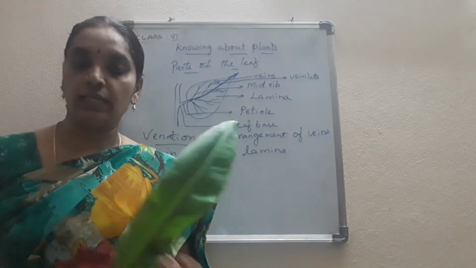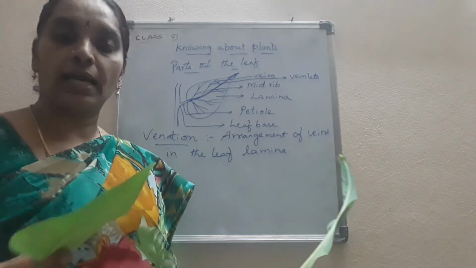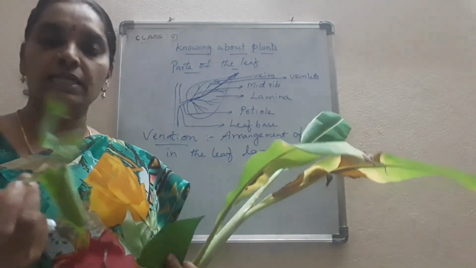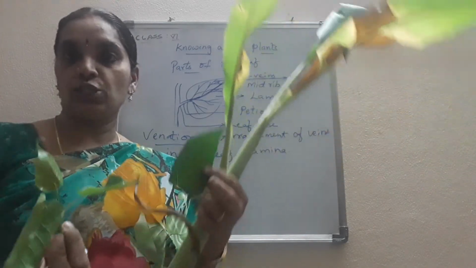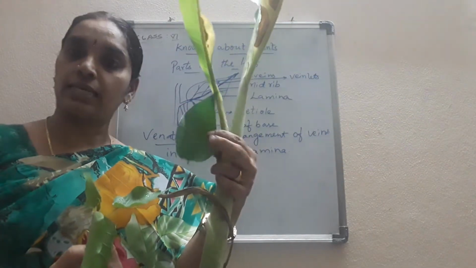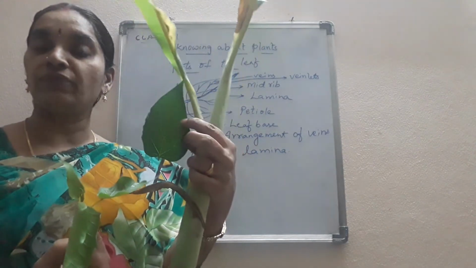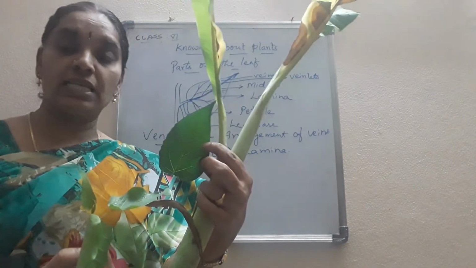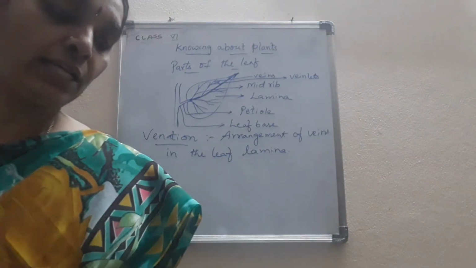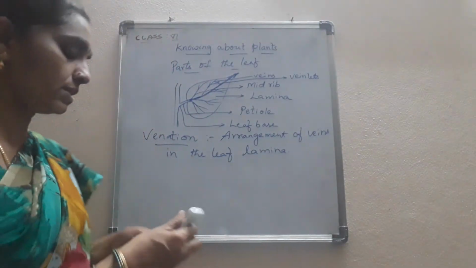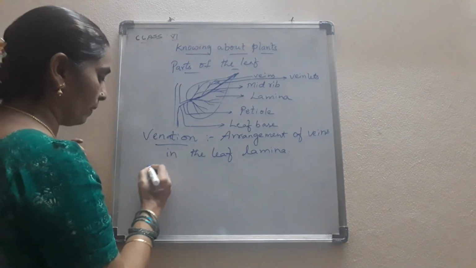Okay, so in some of the leaves, the veins are arranged parallelly, as in the case of plantain or banana leaf. And in some of the leaves like peepal and other leaves, you can see the network-like arrangement, as in hibiscus also you can see this type of network-like arrangement, isn't it? Neem also you can see this type of arrangement. So the arrangement of the leaves where you see a network-like arrangement of veins.